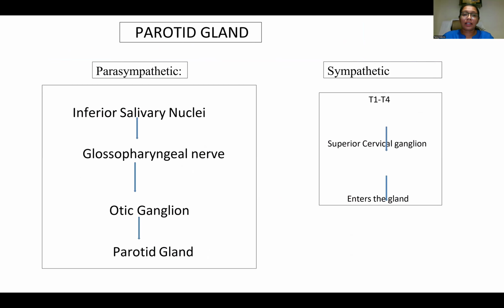Coming to the parotid gland, the parasympathetic origin of the parotid gland is going to be through the inferior salivary nucleus, and the preganglionic fibers arise through the glossopharyngeal nerve, pass through the otic ganglion, then the postganglionic fibers here are through the auriculotemporal nerve in order to enter into the parotid gland, and the sympathetic nerve supply is from the superior cervical ganglion, which is going to innervate